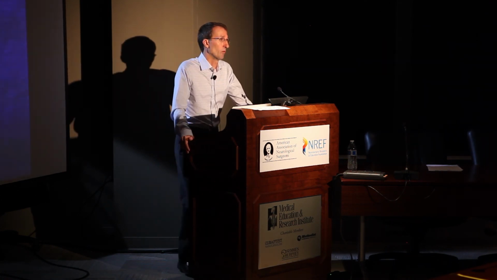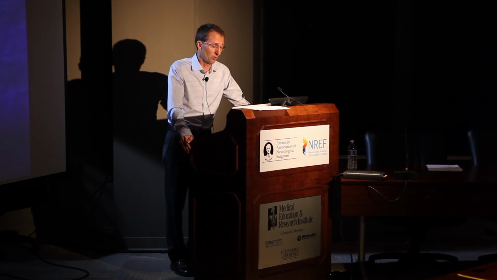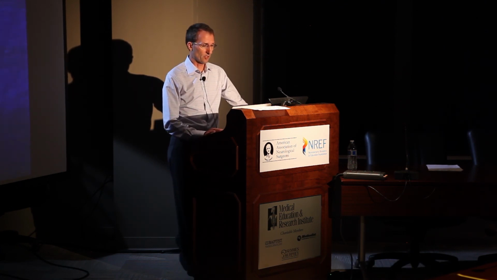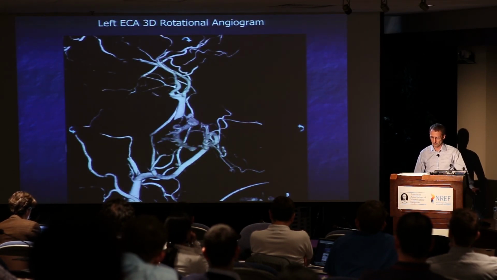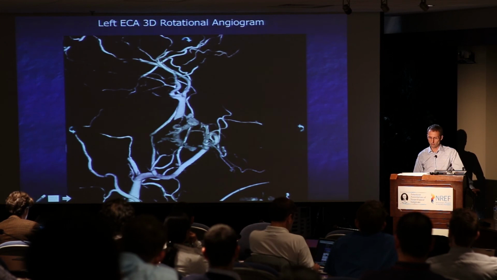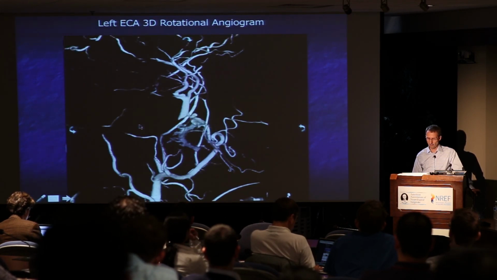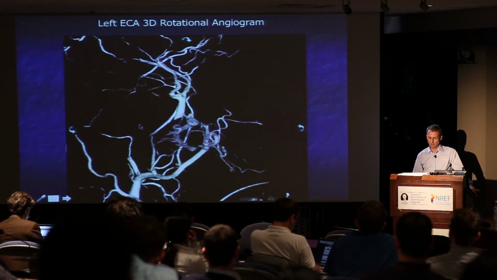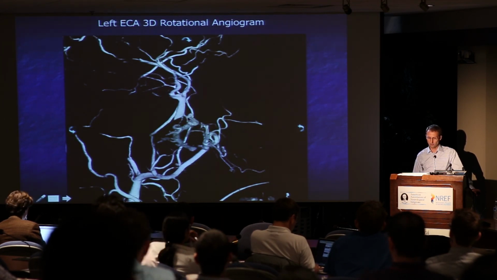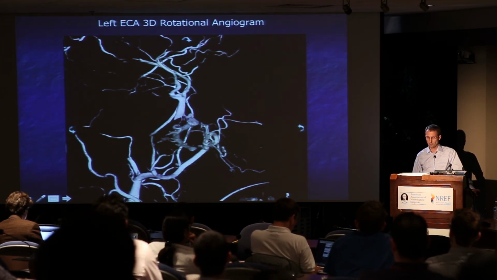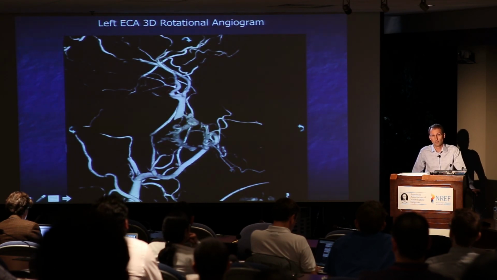This is where I find three-dimensional rotational angiography so useful. This is the 3D angiogram of the left external carotid artery injection. I'll rotate it a little bit, and you can see this looks like a small little dog turning around there, which is actually the fistula pouch. Then there's a connection, looks like a high-grade stenosis, into a cortical vein near the